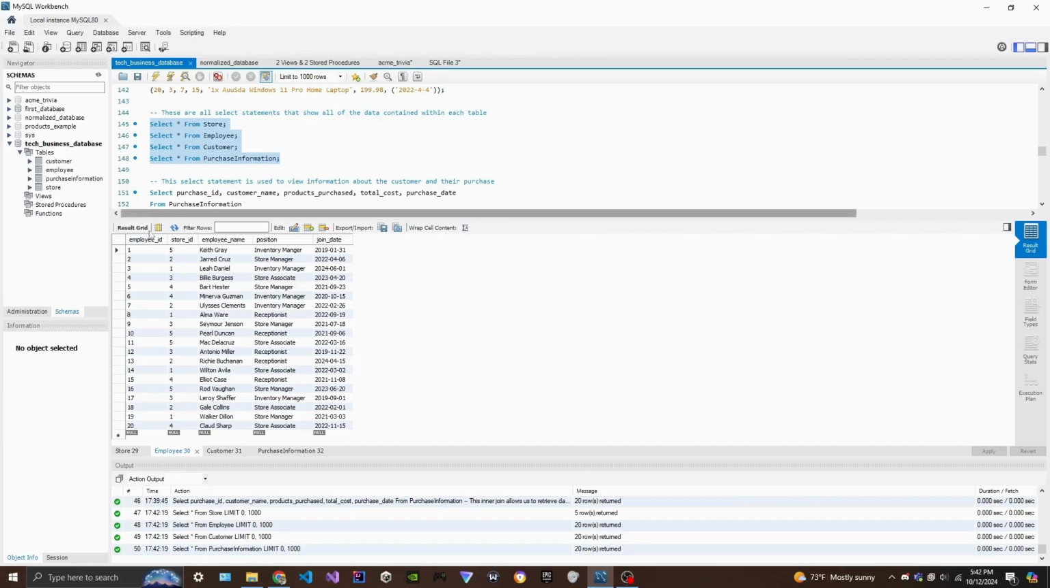With the employee table, each employee has an ID, the store that they belong to. One of the business rules for this business is that each employee can only belong to one store, so these are the stores that they work at. And this right here, you can see the position that they work and the date in which they joined that